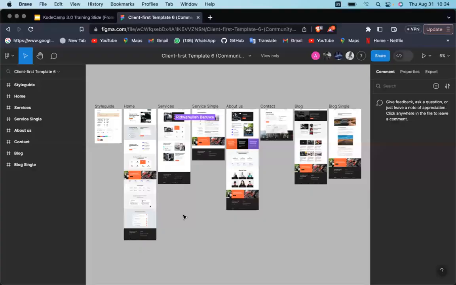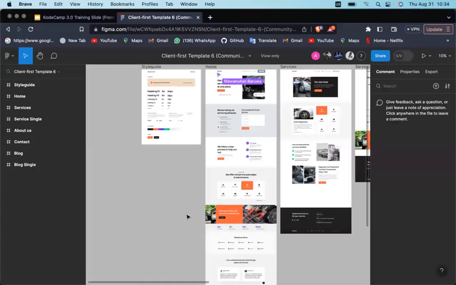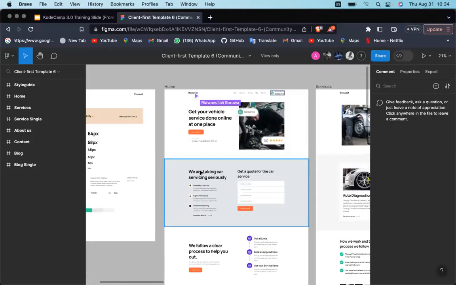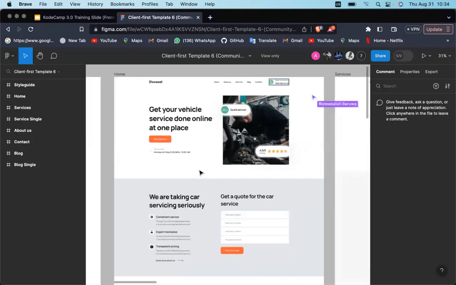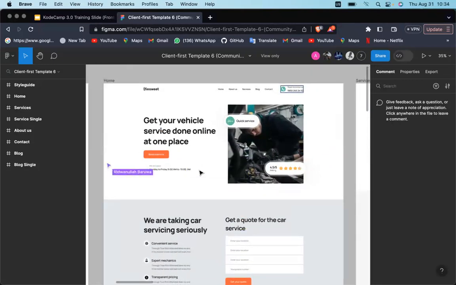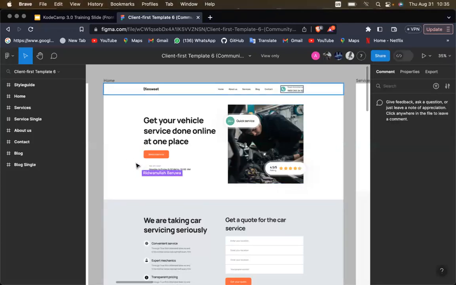So yeah, this is the design that we try to replicate. Okay, so this is the design we try to replicate, and then we explain to ourselves that the one we did last time was a full page, right? But then this one, as you can see on the screen, you have a space to the left and a space to the right, right? So that means we just assumed,